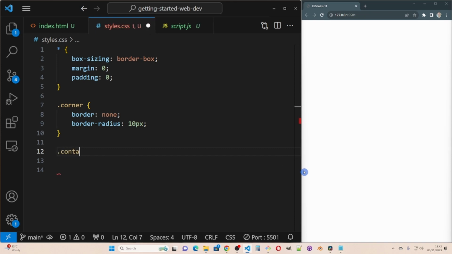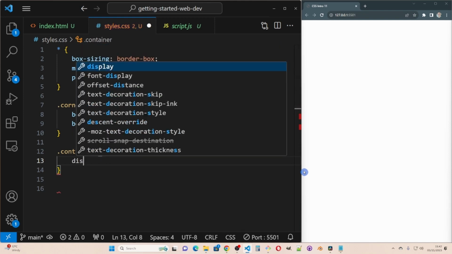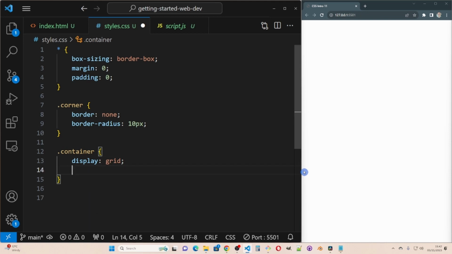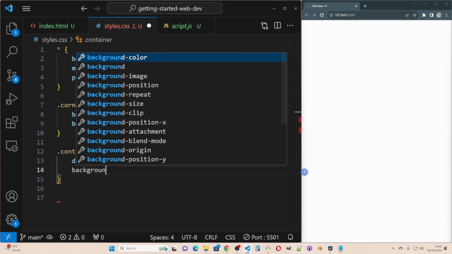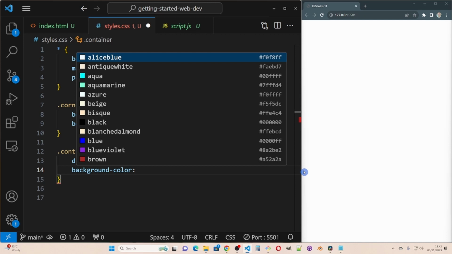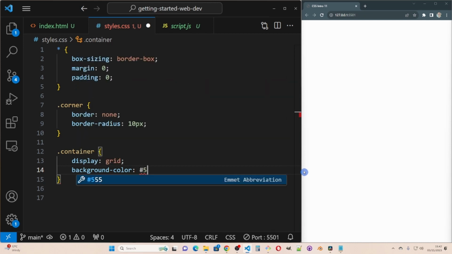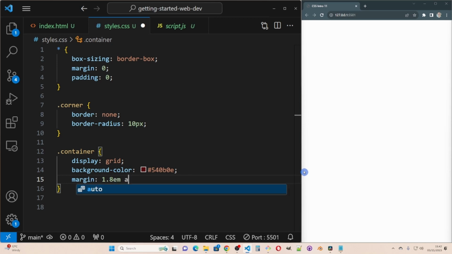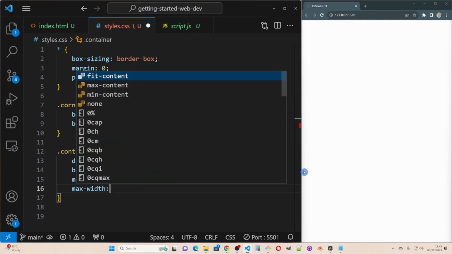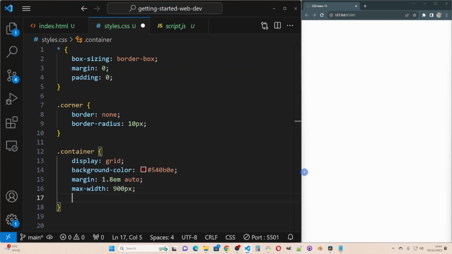Next, implement container, display grid, background color is hash 540B0E, and margin is 1.8em auto, and max width 900px, and height is 900px,